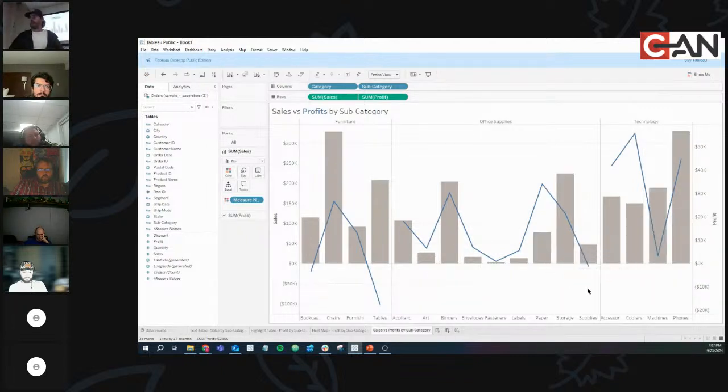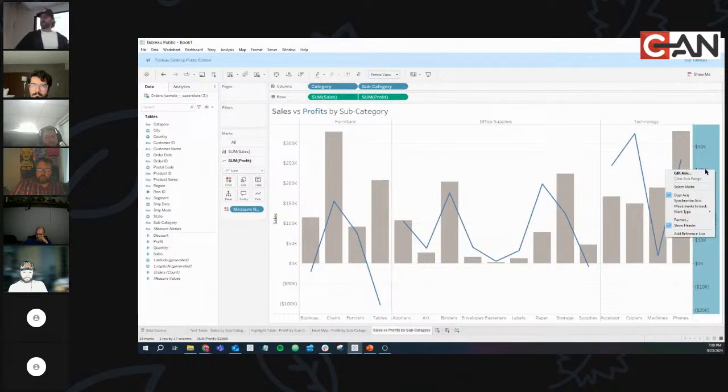I, in this use case, actually like the idea of having them synced up, because exactly the point you made, we're having to do 300K in sales to only get 27K in profit. And if I look at this right here, it looks like we're doing 300K in sales to get 150K in profit. So if I right click into my profits axis over here and click this synchronize axis button,